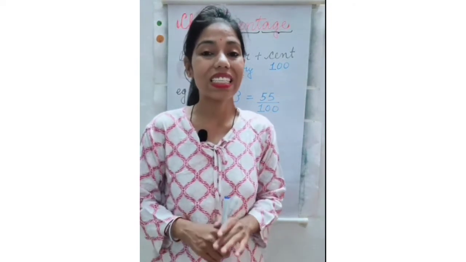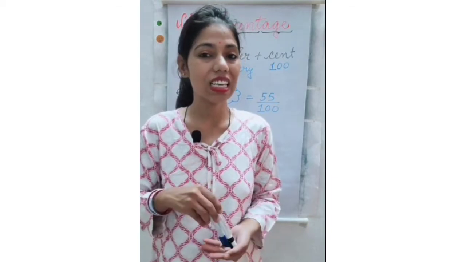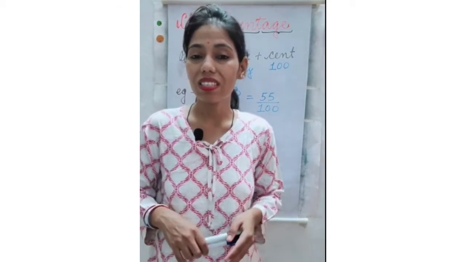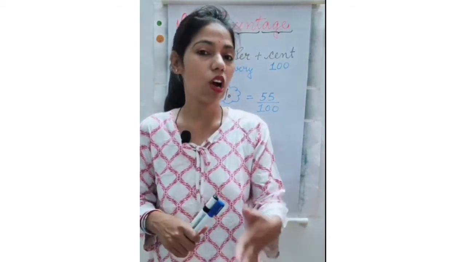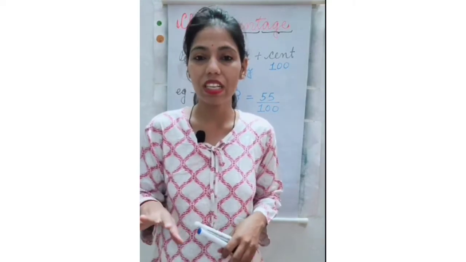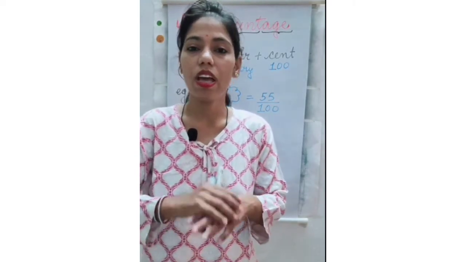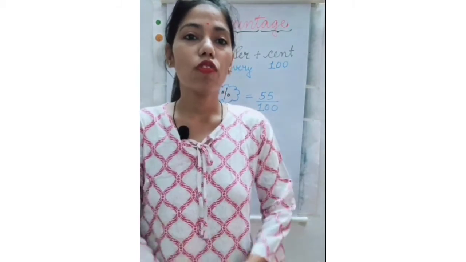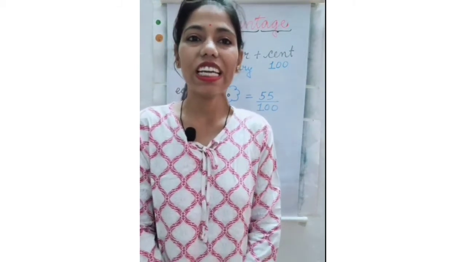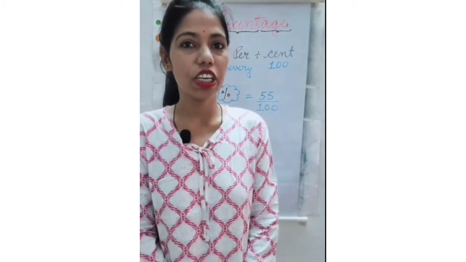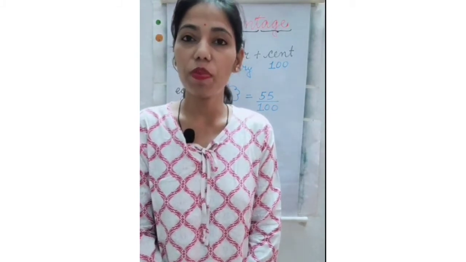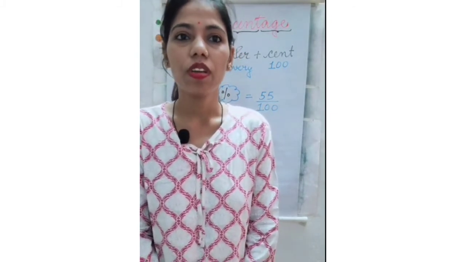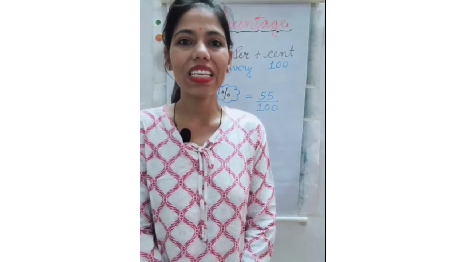Now we will start exercise 7.1, and this exercise we will do in the maths textbook. So for that you have to take out your textbook and a pencil so that we can do this exercise in the book. The first question of exercise 7.1 is: read the grid and write the shaded part and the unshaded part as fraction, as decimals and as percent.